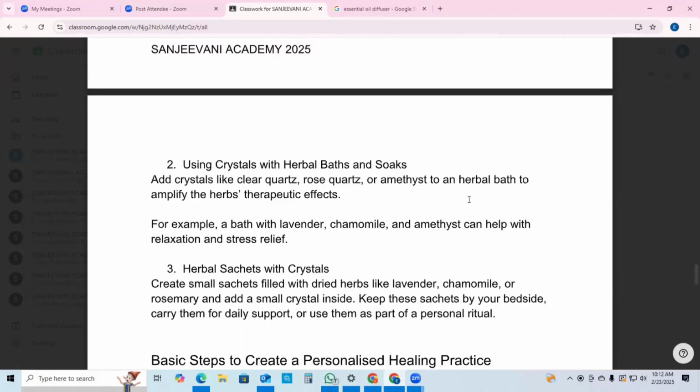I mentioned that you can put it to your herbal baths. People who do bath soaks, the foot soaks, etc. You can add it